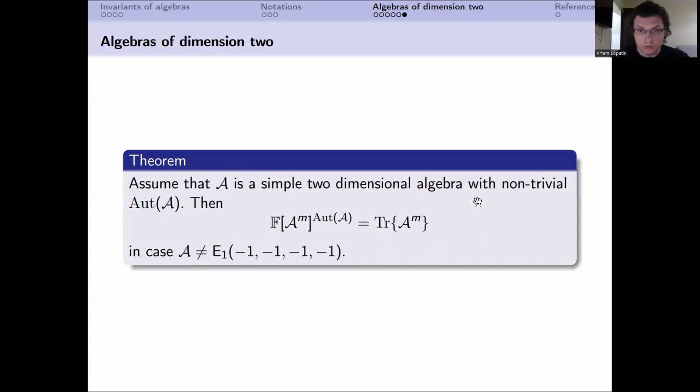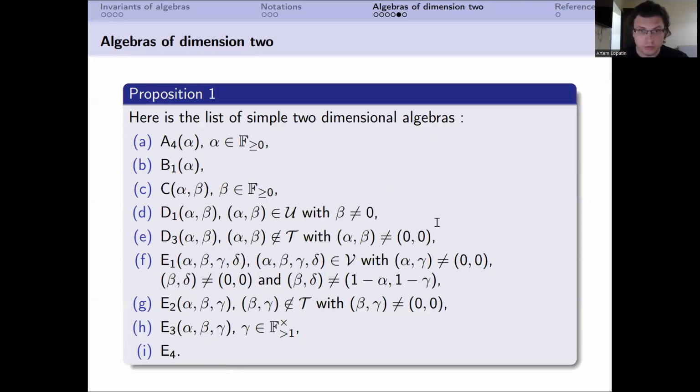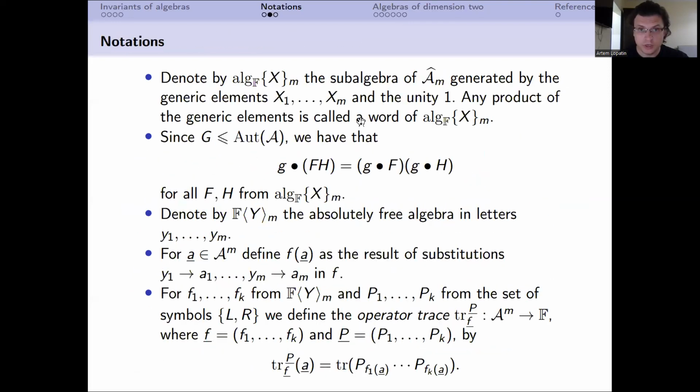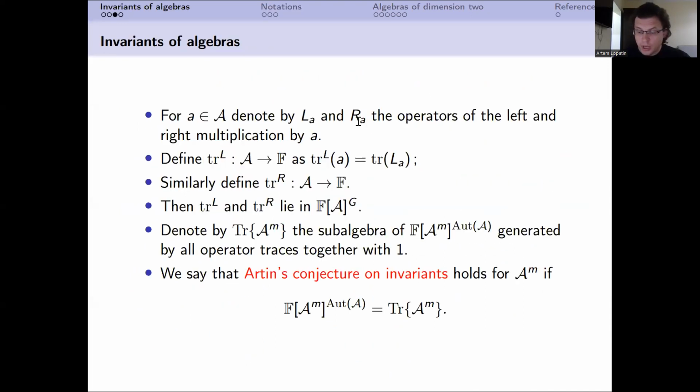Another remark about left and right traces. Of course, the left trace and right trace don't have to be equal to each other, and in many cases they are different. So here we have the left trace and the right trace, and we may ask the following question: maybe it's enough to consider just one left trace or just one right trace. And the answer is no, it's not enough in general. Sometimes it is, but in general it is not.